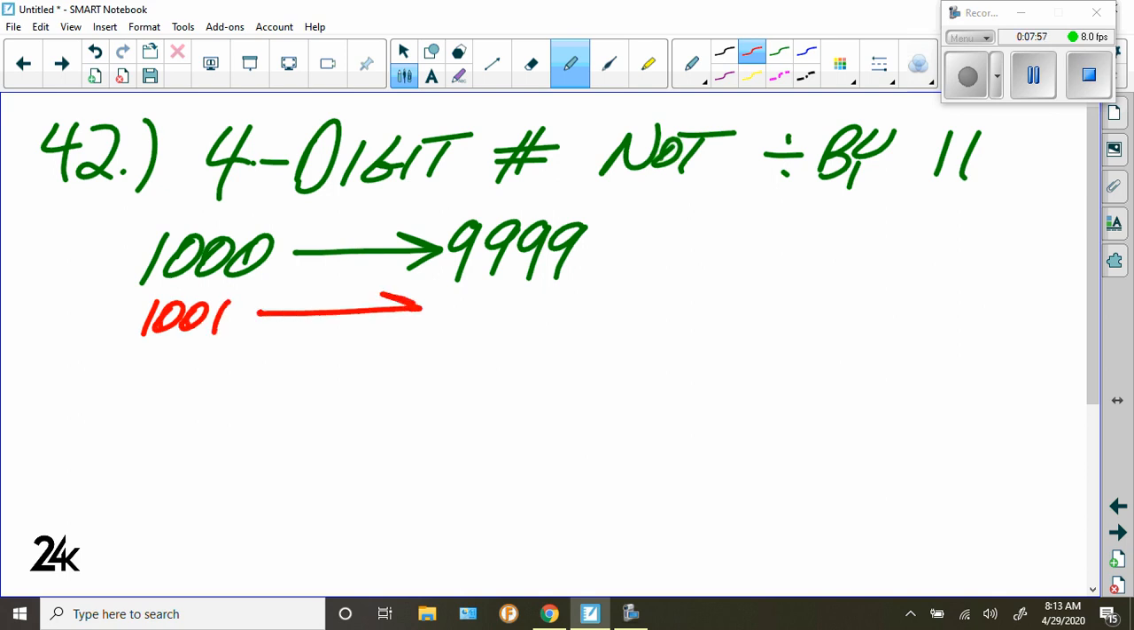And then there's a good chance 9,999 is divisible by 11. Oh, yeah, it is. Okay, so I got that. It sure did. It went in there 909 times. So it's going to go all the way to